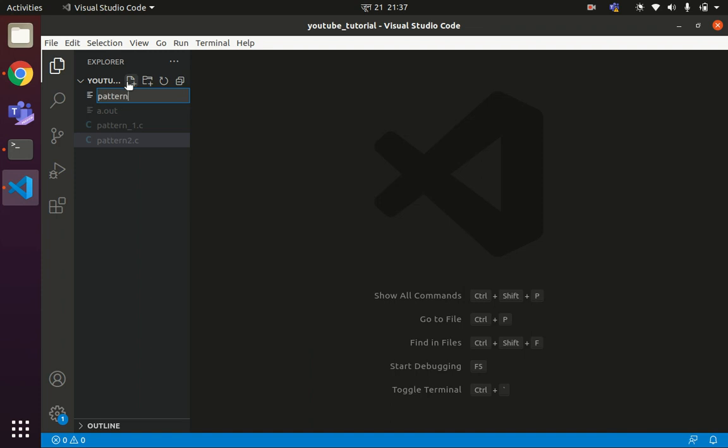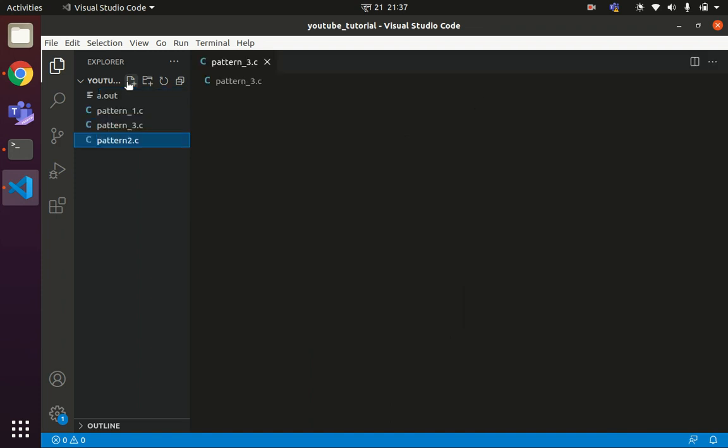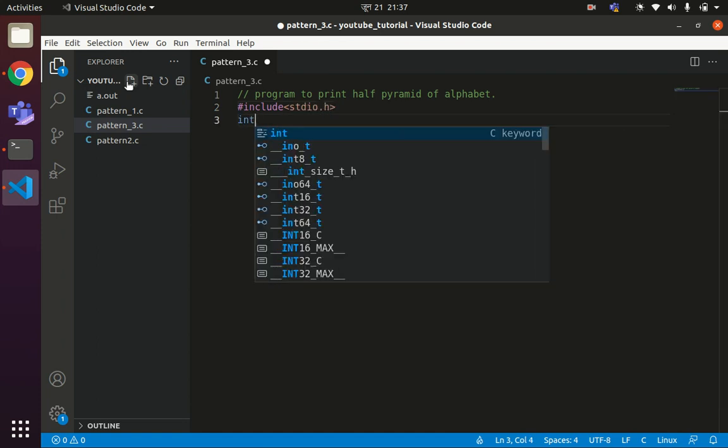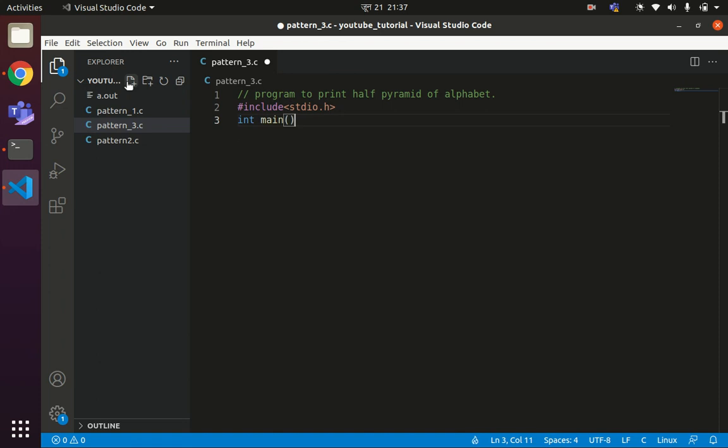Pattern 3 dot C, program to print pyramid of alphabet. Okay, do the inclusion of library files required for the printf statement and scanf statement, write the main function.